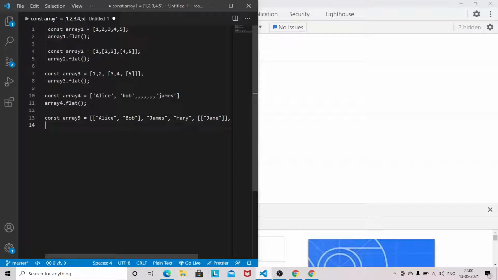Suppose we want James to be the neighbor of all these array items. So basically what I want to do is array 5 flatMap, item equal to item plus